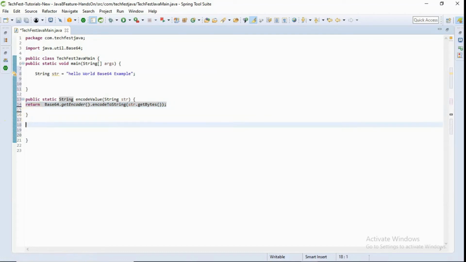Similarly, we will create one more method for decoding, that is basically decodeValue,